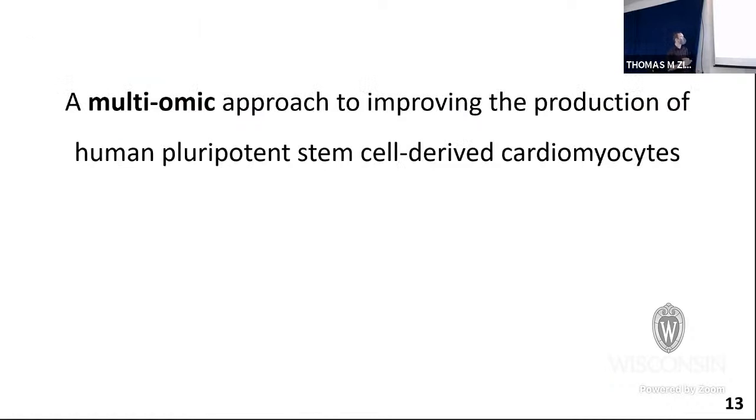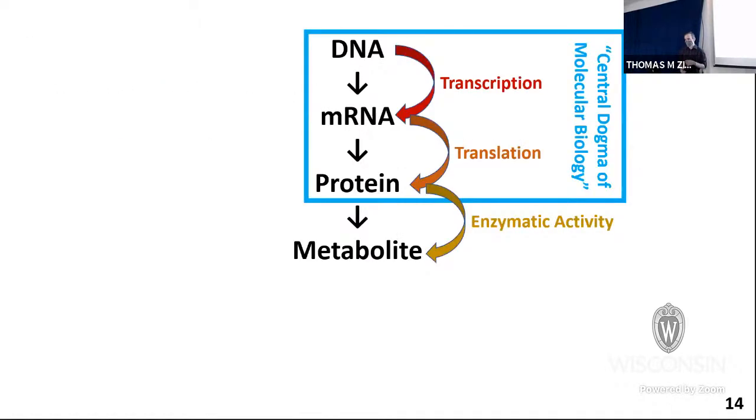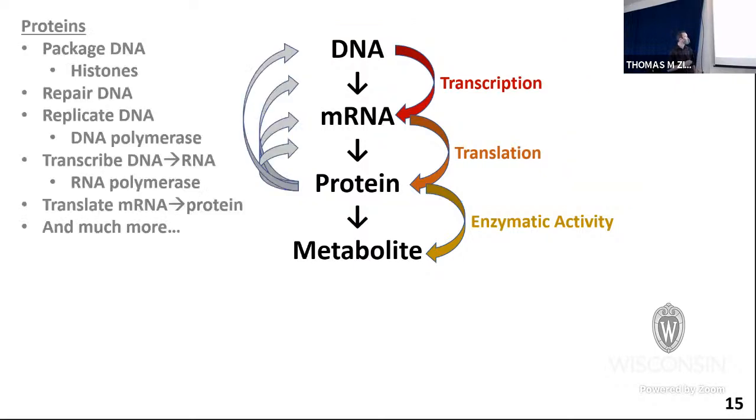And then finally, I'll talk about multiomics. What do we mean by this? So I'll bring you back to your early days in school with the central dogma of molecular biology. If you remember way back when, DNA gets transcribed into mRNA, which then gets translated into proteins. And this is called the central dogma of molecular biology. And these proteins, through enzymatic activity, can essentially interact with small molecules or metabolites within the cells to affect the overall change in that as well.